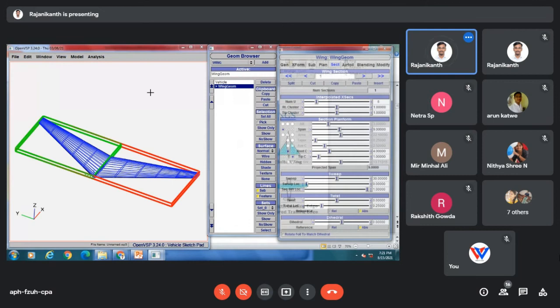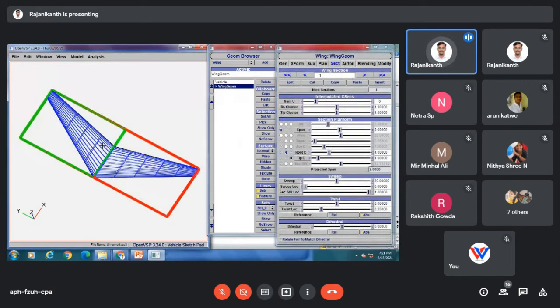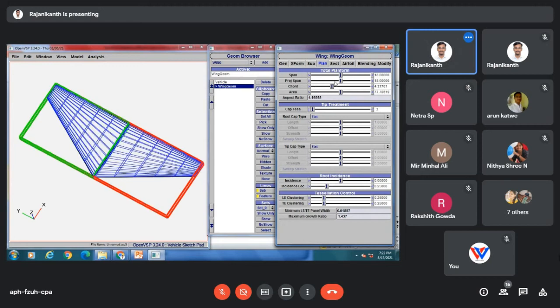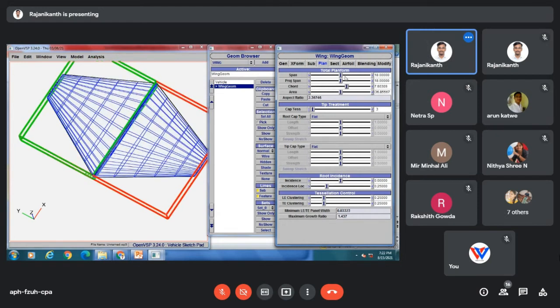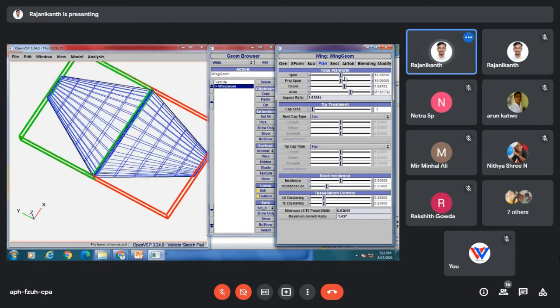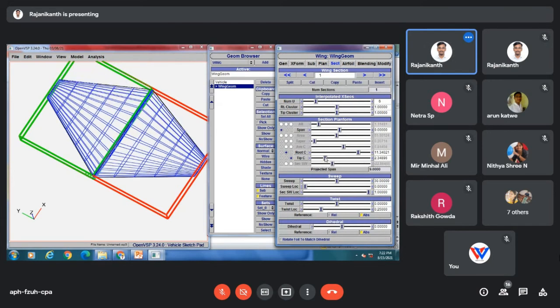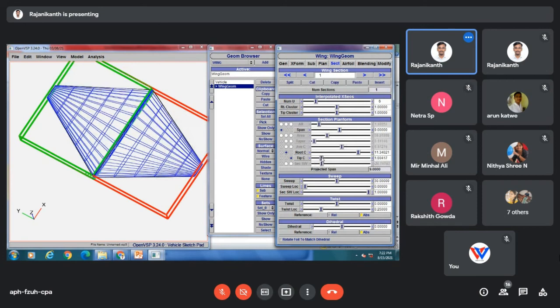Now we'll go to file, new, add. Now we will do taper leading edge and taper trailing edge. No need to split. I just want to show that taper leading edge and taper trailing edge can also be done. So we'll come to the planform and we can increase the chord like this, or else you can come to the section and play with these two parameters, root chord and tip chord.